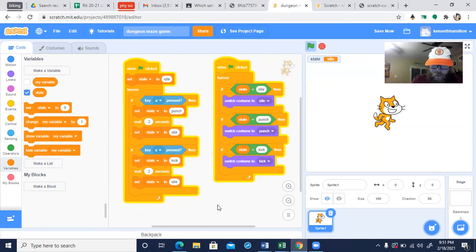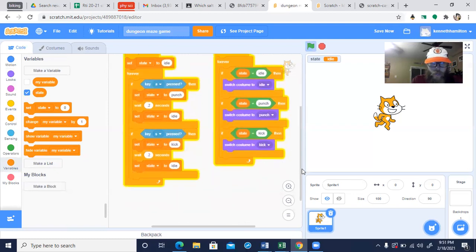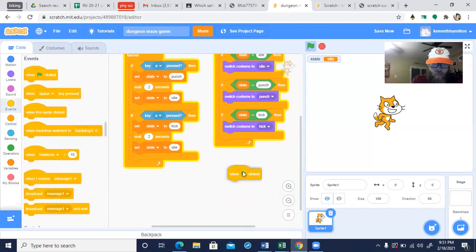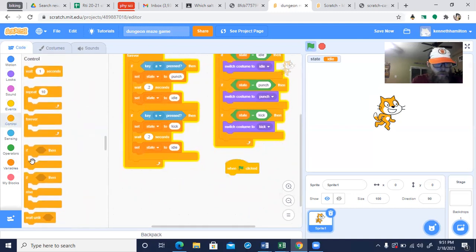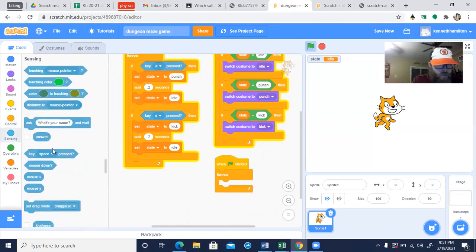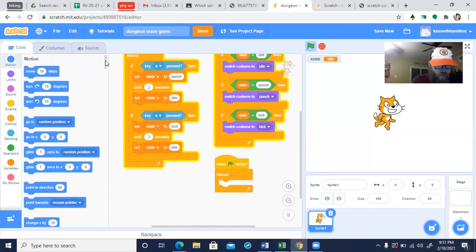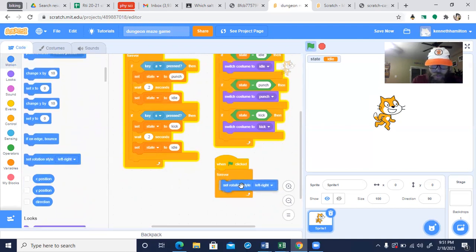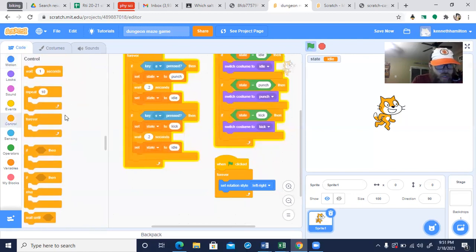All right, so we are going to say events when clicked, control forever. It just means at any point after we start the program, we're going to set rotation style, motion blocks, set rotation style to left, right. And we're going to say if